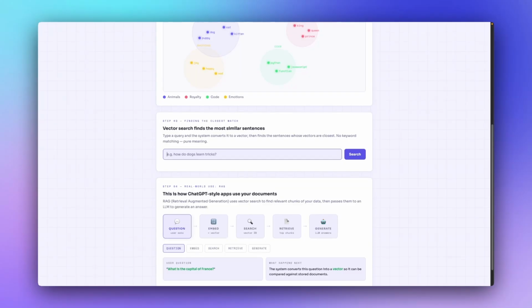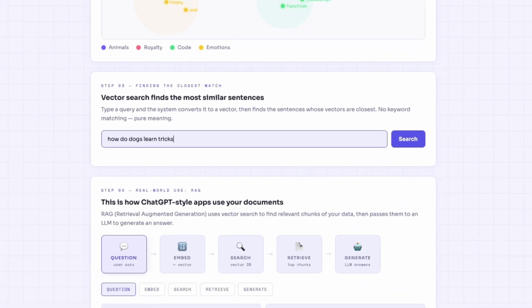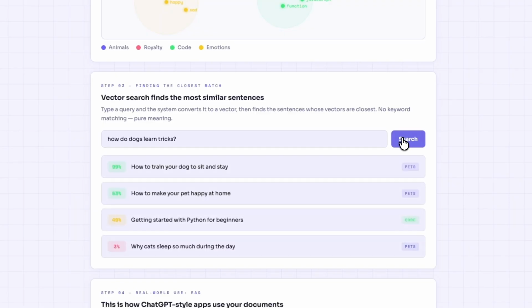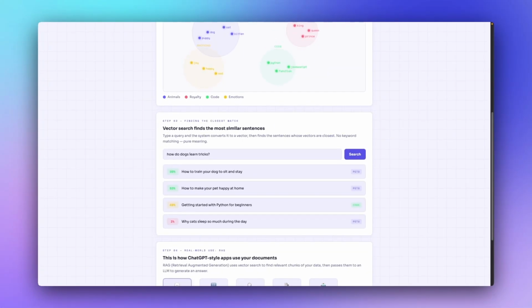So let me type something in here like, how do dogs learn tricks? We'll go ahead and click search. Look at the results and their similarity scores. The top result is about training dogs, and it receives a high score of 99%. The one about making your pet happy scores decent too, and it scores a 63%. However, the getting started with Python for beginners result scores low. I asked a question about training dogs, which are animals, and while Python can mean the snake, which is why we see this result, the model understands context, which is why this score of a 49% is much lower than